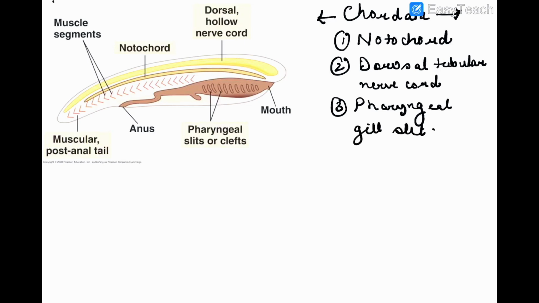As you can see in the diagram, the chordates have a dorsal hollow nerve cord, a notochord, and pharyngeal gill slits. Now, notochord is a